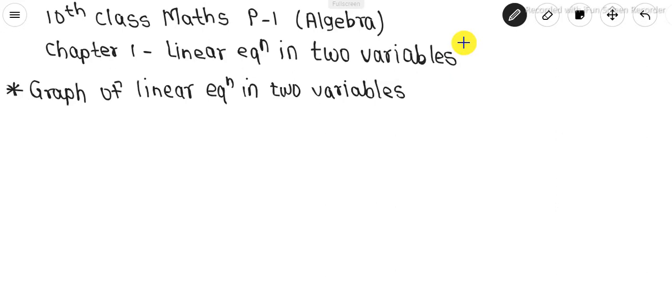Here we start the chapter 1, linear equation in two variables. Now in this chapter we see the next concept, that is graph of a linear equation in two variables. Now here this is the basic concept lecture for drawing the graph of the linear equation in two variables. Already we have seen in the 9th standard the graph of linear equation in two variables appears as a straight line. Now here we see some basic concepts because it is necessary in the graphical methods.